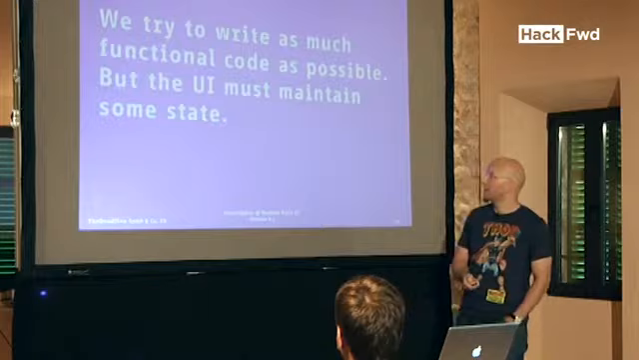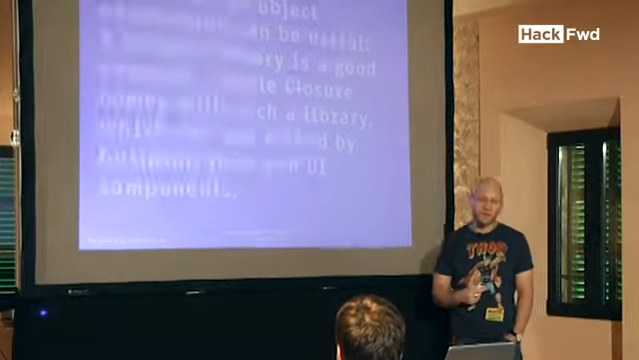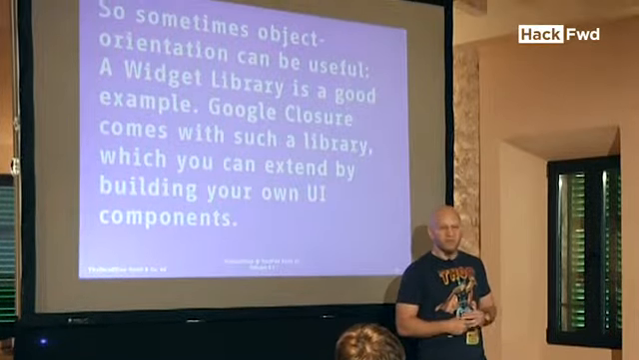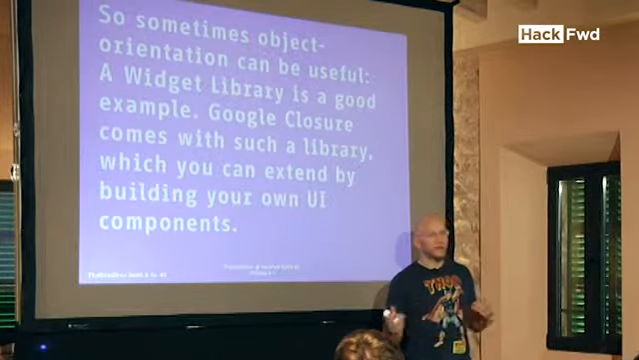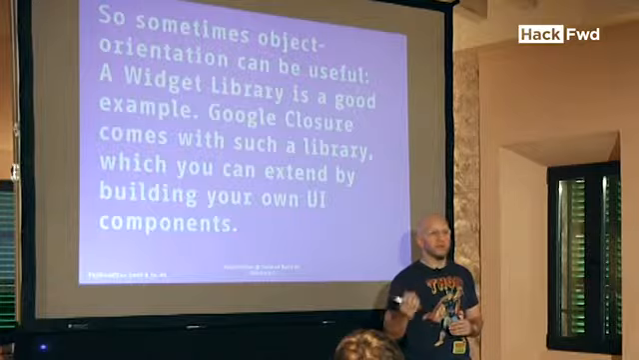And so how do you do that? How do you render the user interface on the client side? In this case, object orientation can be very useful, like in widget libraries, like you maybe know from Qt or GTK. No, GTK is maybe not a good example, but all widget libraries in the end have some kind of object-oriented